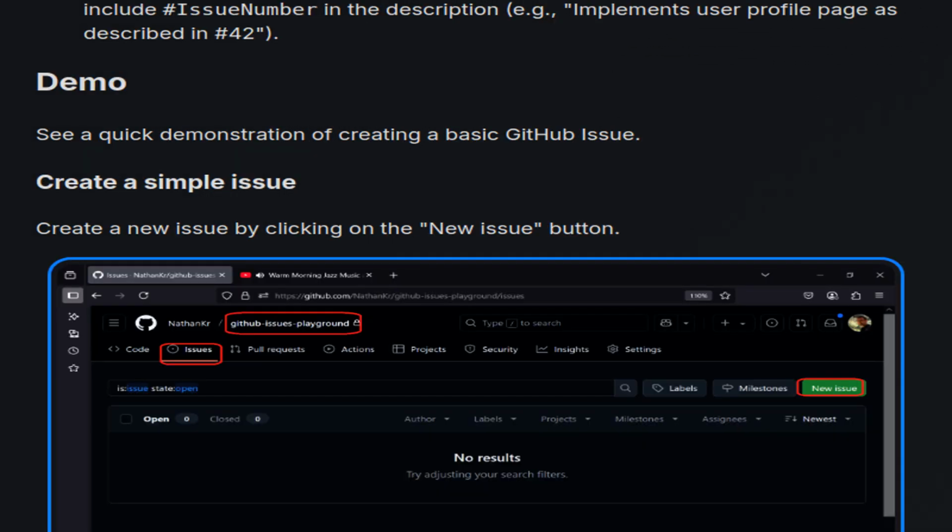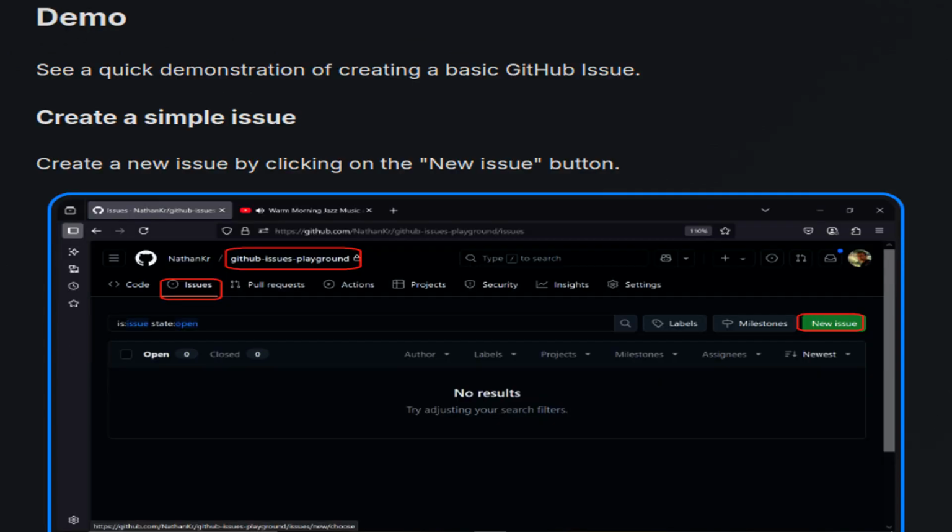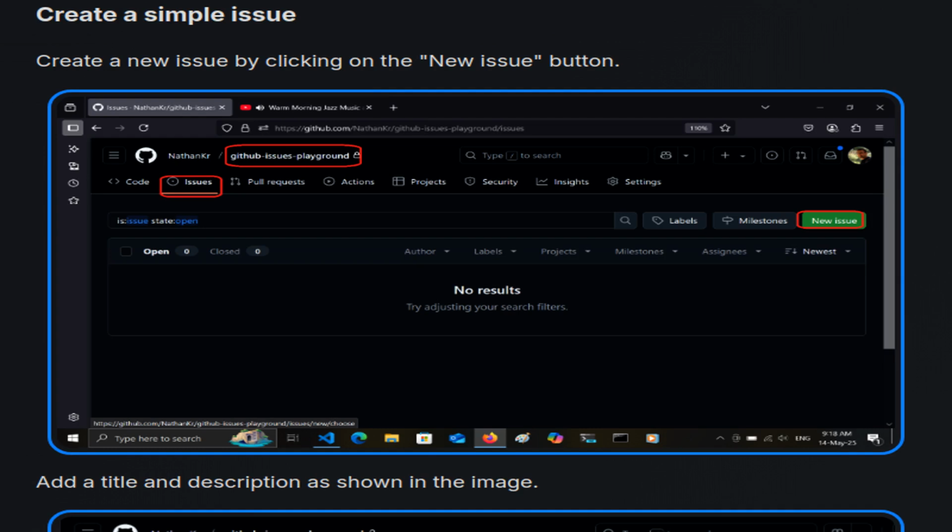This section explains referencing the created issue in your pull request description, exemplifying how to link it properly with the format hashed issue number. This section invites users to see a demonstration of creating a basic GitHub issue, illustrating the procedure. This section shows how to create a simple issue, emphasizing steps to click the New Issue button and fill